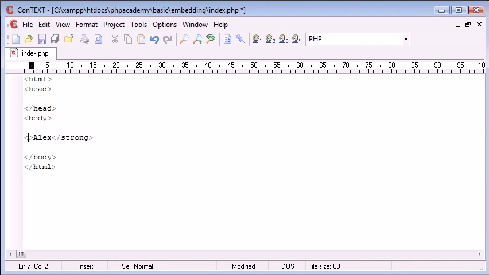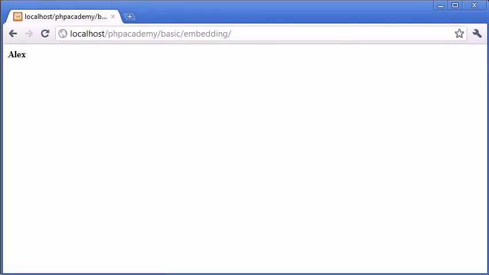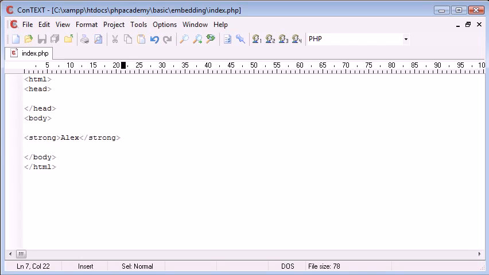I'm probably better at this point to use strong tags as a better example. So I've got Alex in bold text. That's absolutely fine. There's no PHP involved. However, what I can do is, if I was to say do this, I can actually write in some PHP code here, for example echo Alex,